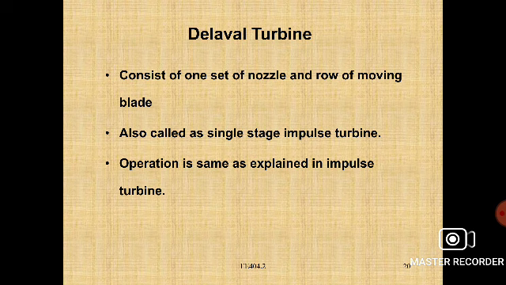Listen carefully, right? Details of it: it consists of one set of nozzle and blade ring mounted on a rotor. Steam supplied from the boiler expands through the nozzle to the exit pressure. After the expansion, it enters the blades at high velocity, and the blades are shaped such that the steam glides over the blades without shock. Due to the change in momentum, steam exerts an impulse force on the blades. This provides driving torque on the rotor of the turbine.